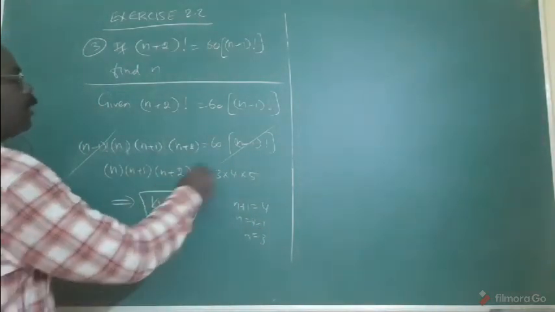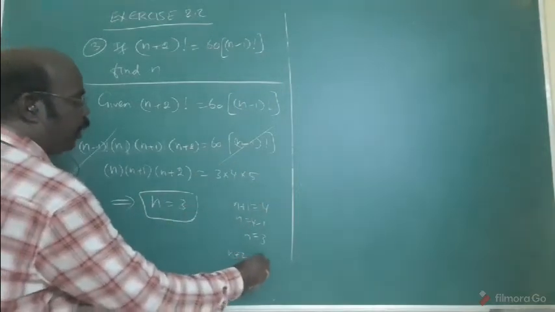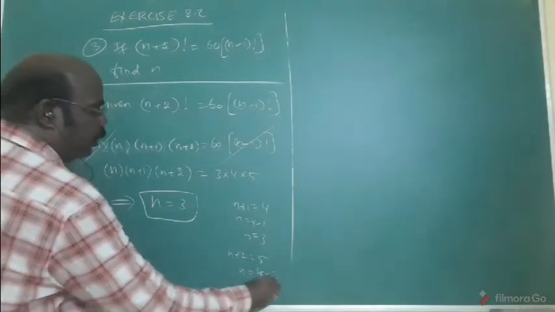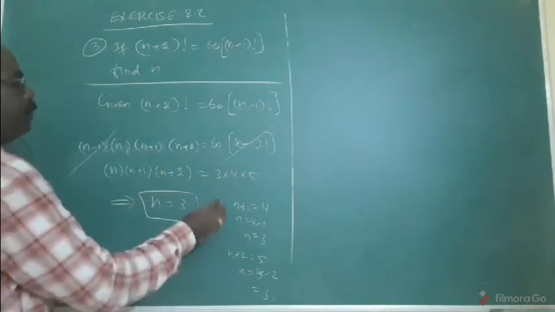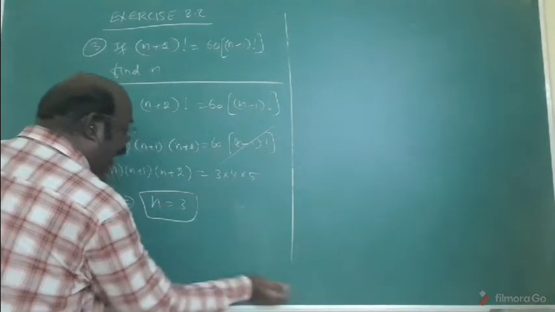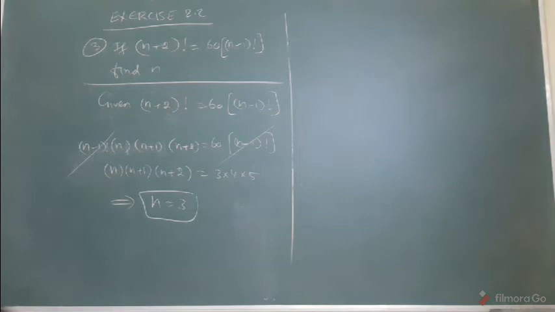Suppose last number with last number. N plus 2 equal to 5. Now n equal to what? 5 minus 2, 3. Anyway, you will get the answer. N equal to 3. That's why I am comparing first with first. That will get the answer. That's all. The same was an important question.